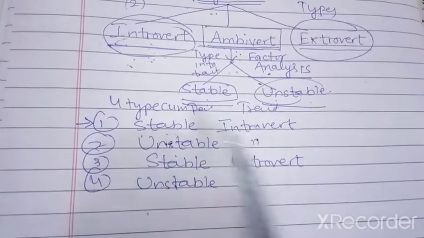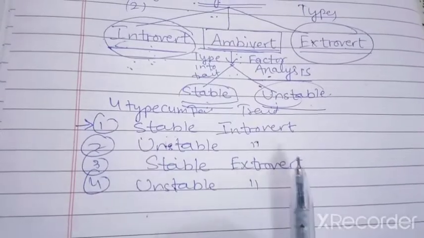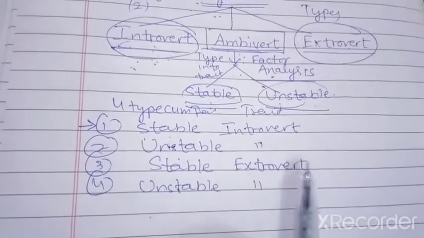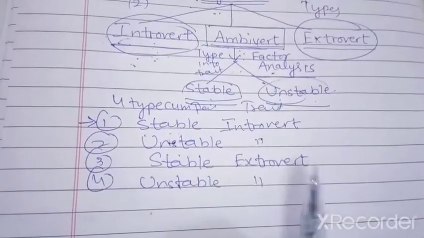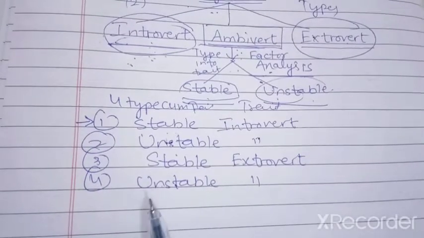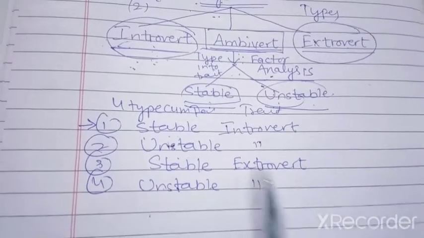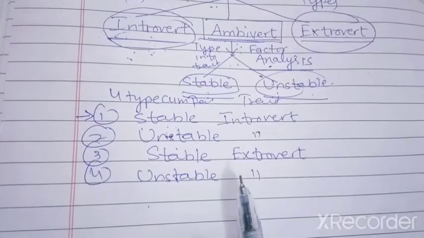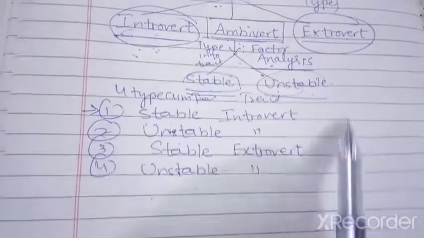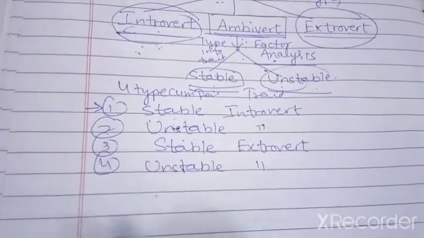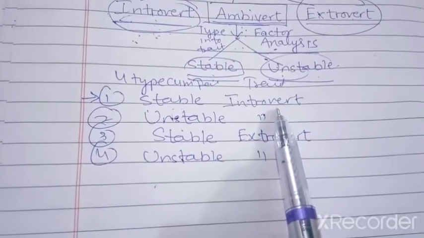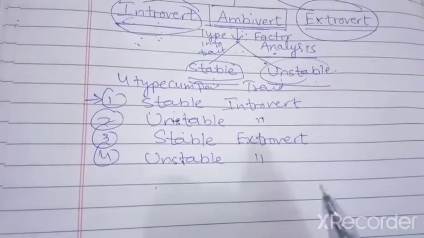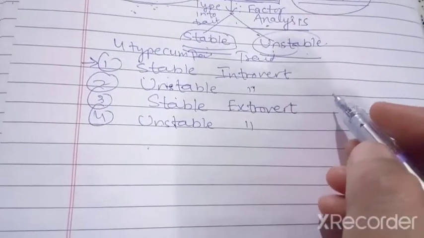Stable extrovert means that most of the time they are like this only. If they are social, that means they are social, and if they are talkative, that means they are talkative. And about unstable extroverts, sometimes they are able to change their personality. And again, he conducted a study on all these four traits, and he said that if a person is